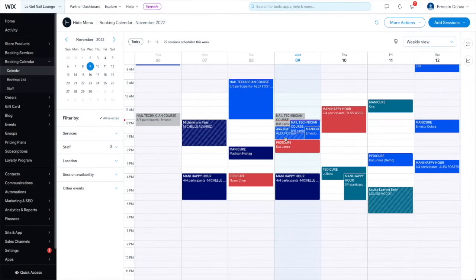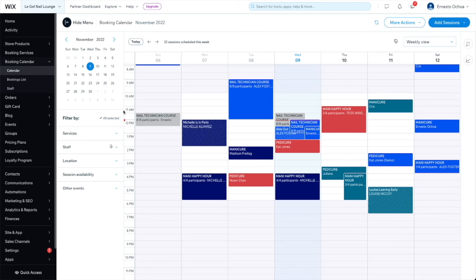Clients will automatically see that this staff member is unavailable during that time without sharing any of the details that you added. But for days like holidays where a bunch of staff members will need the same time blocked, you don't need to do this over and over for everyone. The Bookings Business Availability app is a huge time saver. You can add it to your site from the Wix App Market.